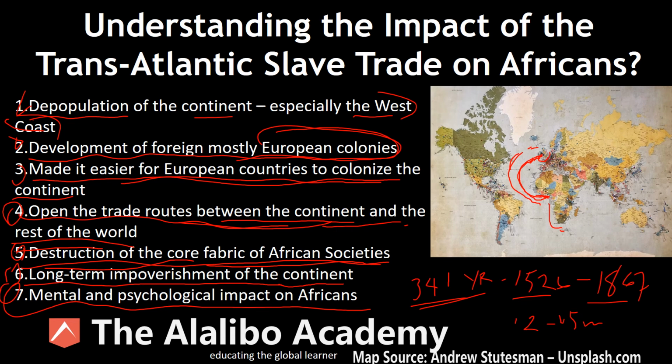And finally, the mental and physical impact on Africans. Imagine families being torn apart. Imagine women taken away from their families, some of them pregnant women, taken away from their families and thrown onto the ship. The cruelty and the psychological impact of seeing all of these things happening,